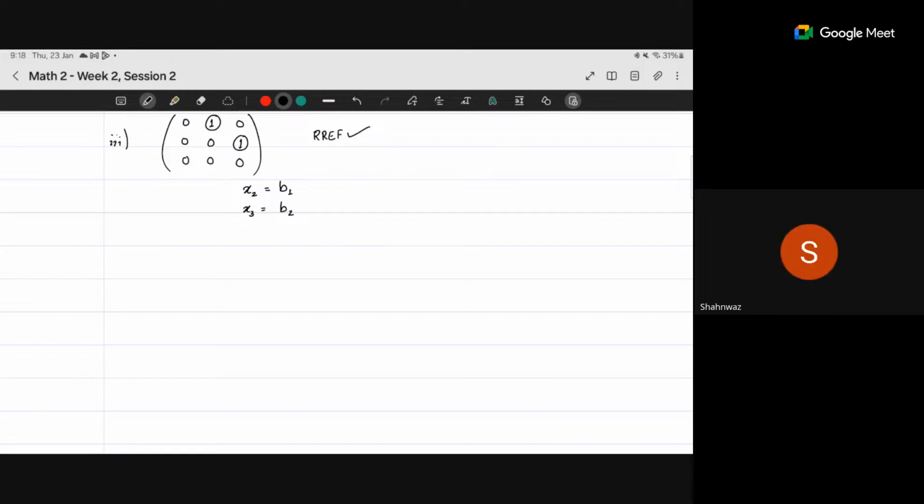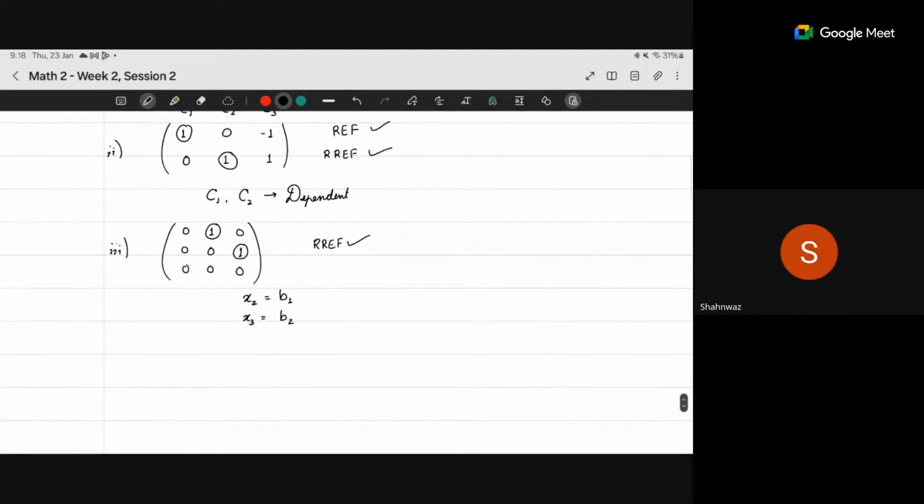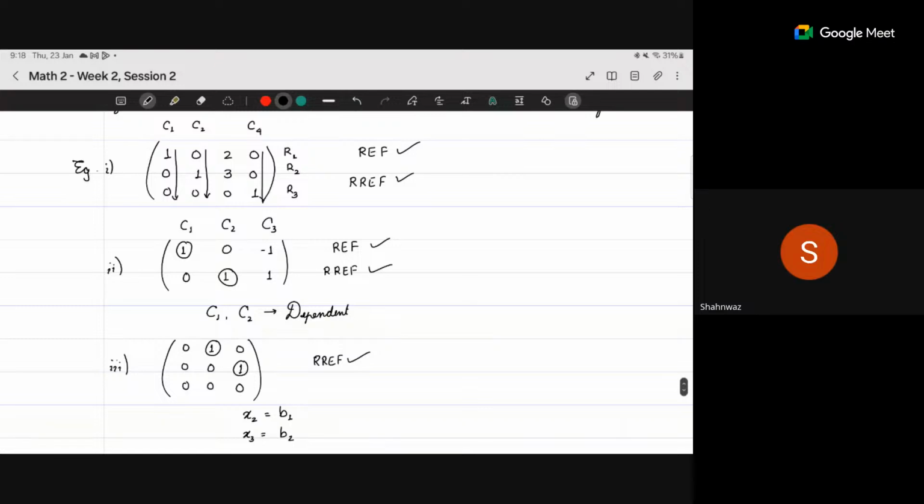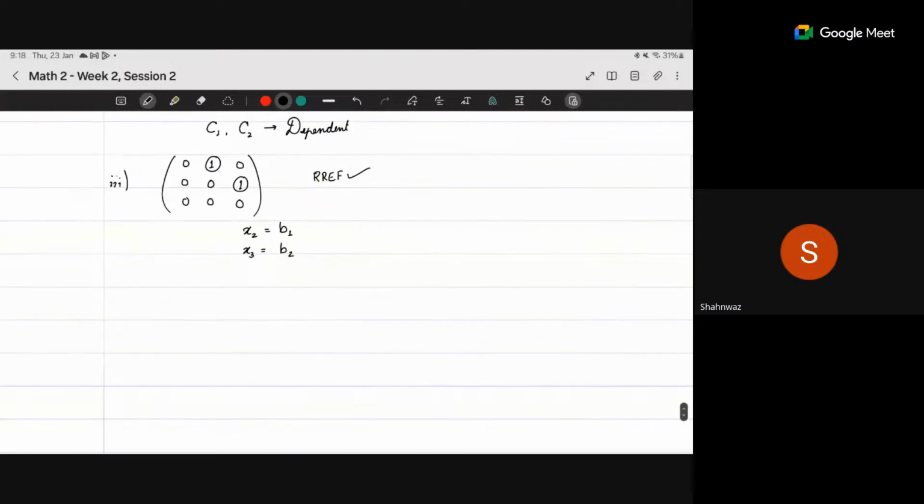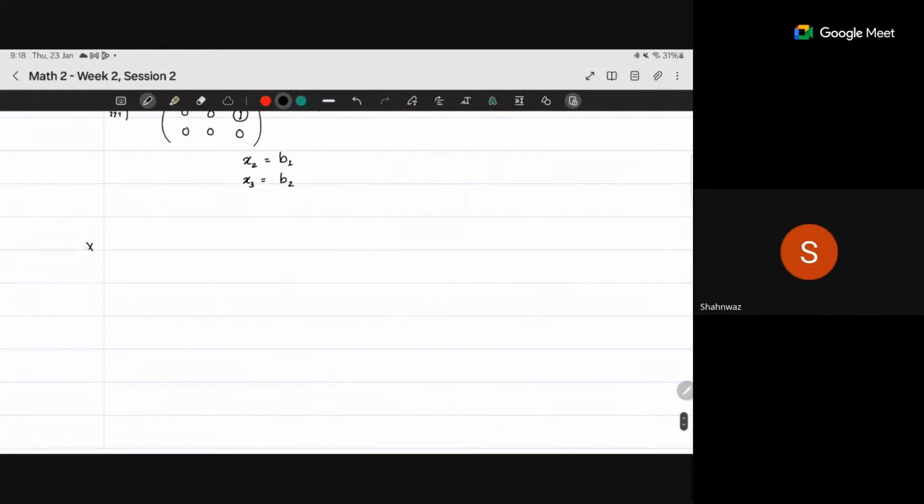Okay. Let's move ahead. So what we have dealt with is two specific forms for a matrix, row echelon form and reduced row echelon form. Now, if you have a matrix in reduced row echelon form or row echelon form, you see that it is very easy to solve the system of equations. But your general matrix of coefficients will not be in that form. So next, the question to ask is